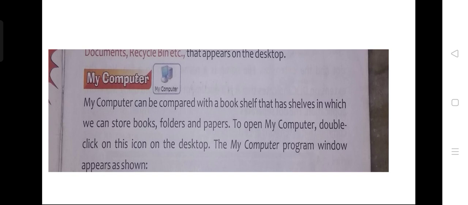Whatever you keep in the shelf, you just open the bookshelf door and pick it. The same way, in the computer there is an icon called My Computer. You have to double click it to see the files and folders whatever you kept inside. After clicking My Computer,